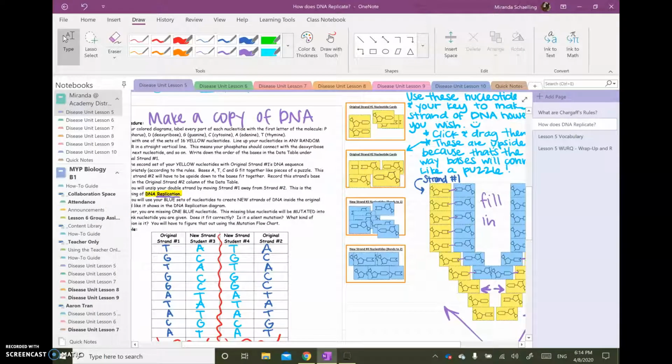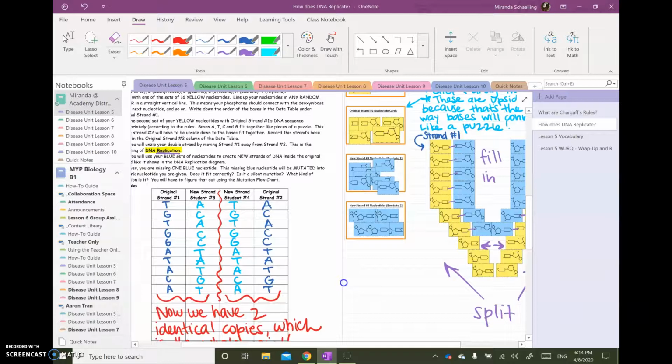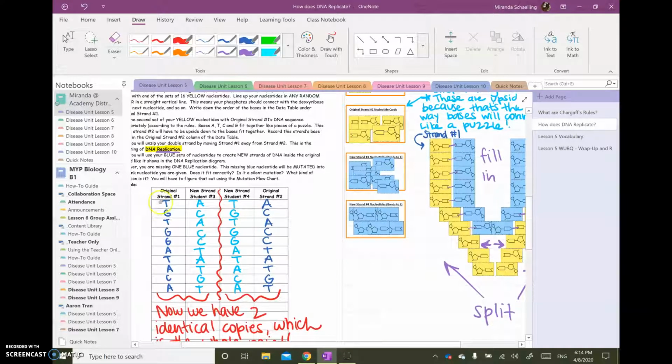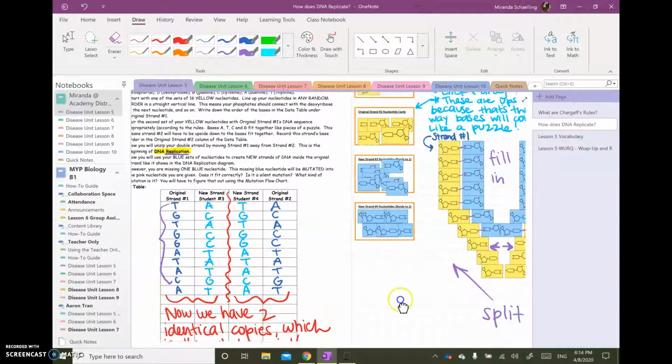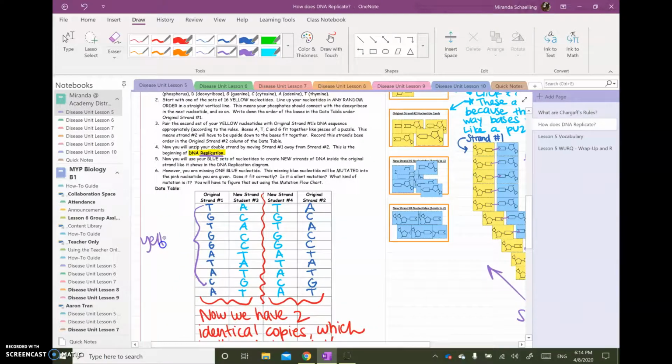Then what you're going to do is take a look and write down what's going on in each strand. These outside ones are going to be your yellows, and your inside ones are going to be blue. The way that you know that you did it right is if this strand over here and this strand over here